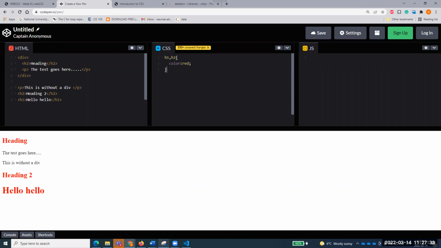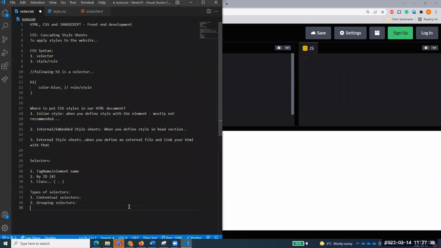Okay, now another very important aspect of it. After grouping selectors, we have another way. We define containers for styling. And this is very important, another very important one. Containers for styling. We usually define containers